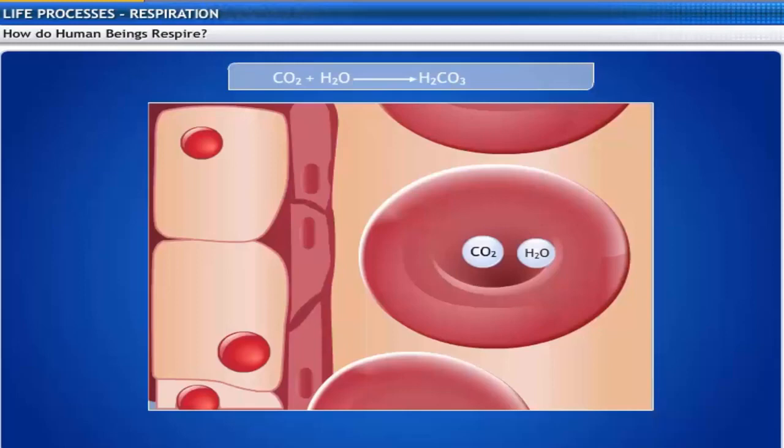Carbon dioxide is more soluble in water than in oxygen. Therefore, carbon dioxide is generally transported through blood as bicarbonate, which is its dissolved